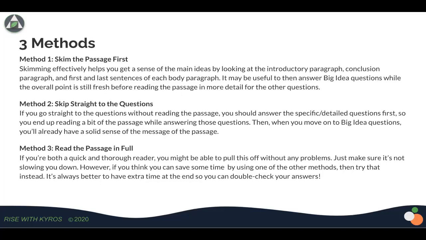Method 1 is you can first skim the passage. Skimming is something that I personally recommend. It effectively helps you get a sense of the main ideas. So you look at the introduction, then skim and look at the main sentences of each paragraph, and then you look at the conclusion. After that you go on to the questions, and it's helpful to answer the big question first because you have the overall point and main idea in your head, and then you can go back into the passage to